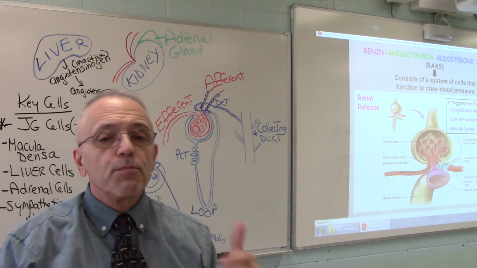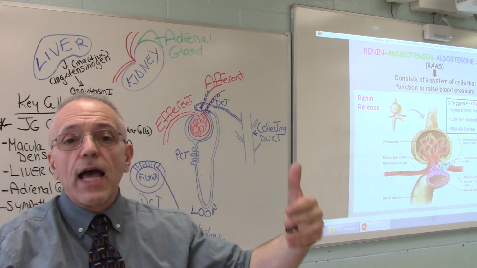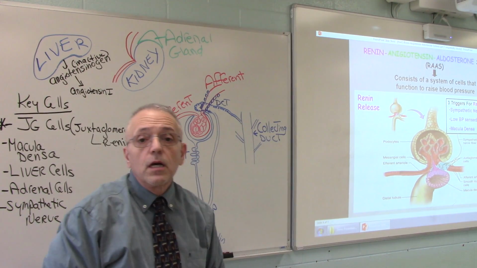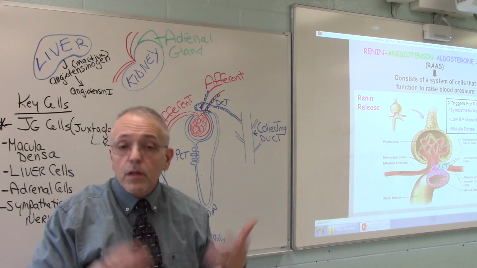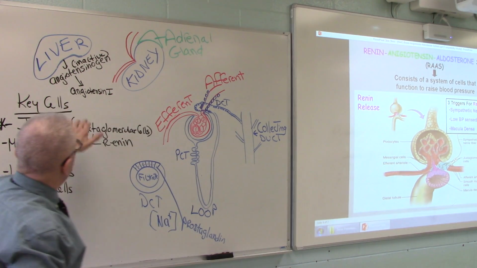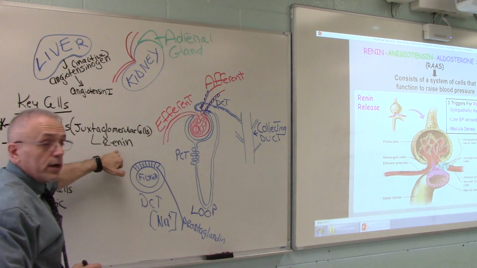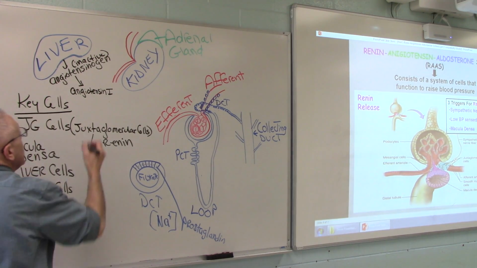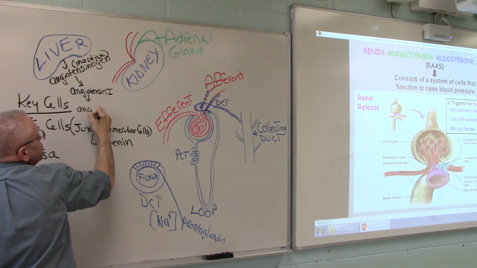Angiotensin-1 is a precursor for another substance, which is going to actually cause an increase in blood pressure. So angiotensinogen is converted to angiotensin-1 by renin, and then angiotensin-1 is converted to angiotensin-2